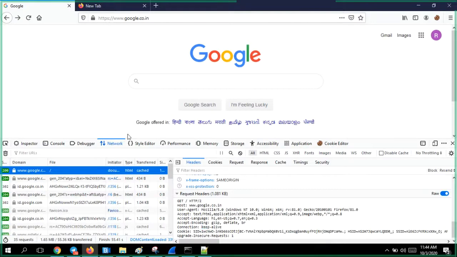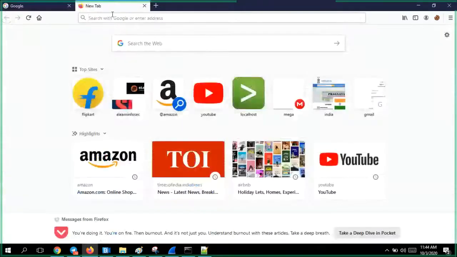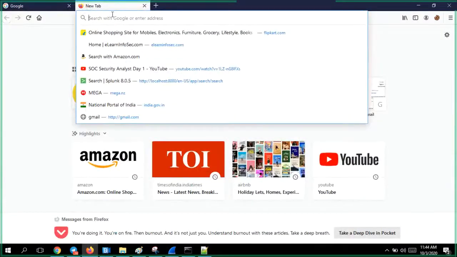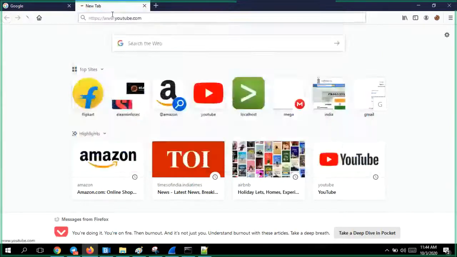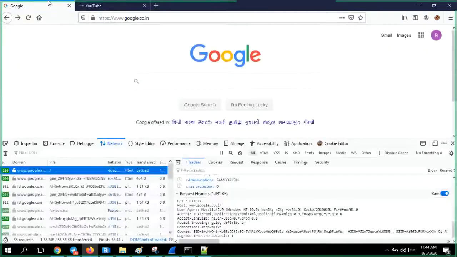Because you will be watching YouTube. If you said keep alive, and the other side allows only a 10 second connection, what happens? For 10 seconds you will view the video. After that, it gets disconnected. Correct, right? Again you have to refresh and go to that 11th second and click there and watch from there another 10 seconds.